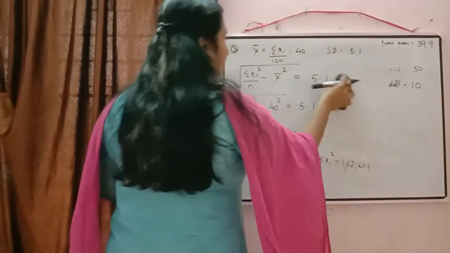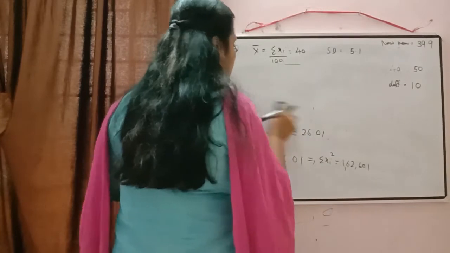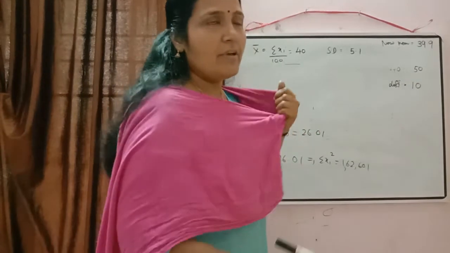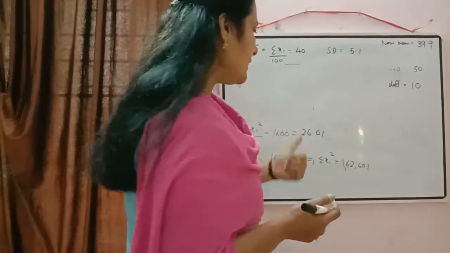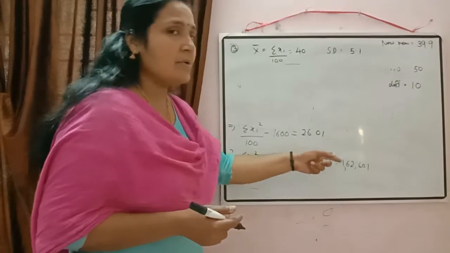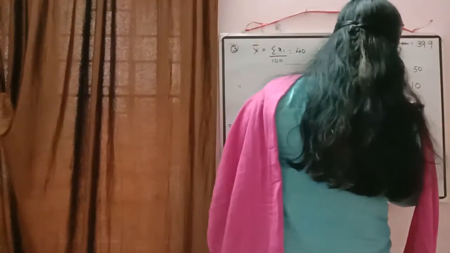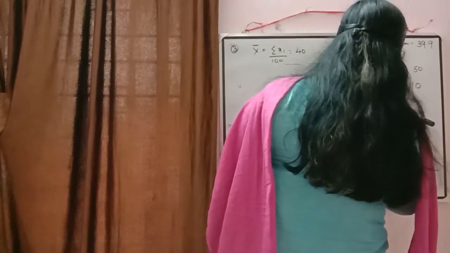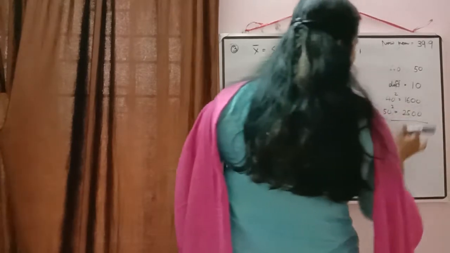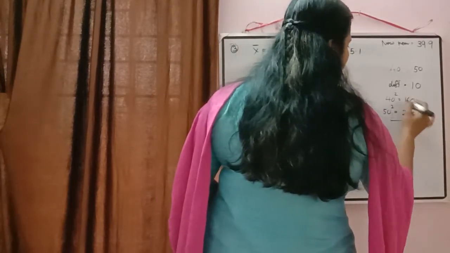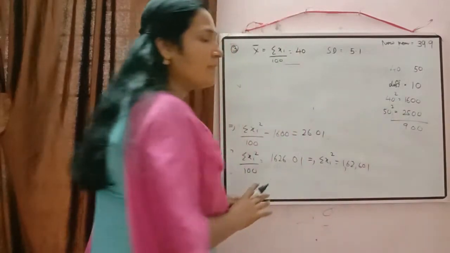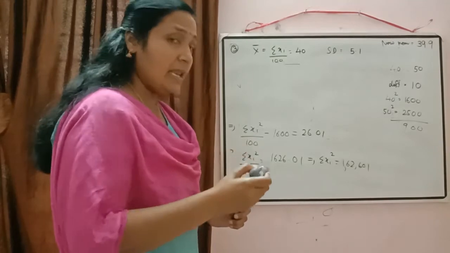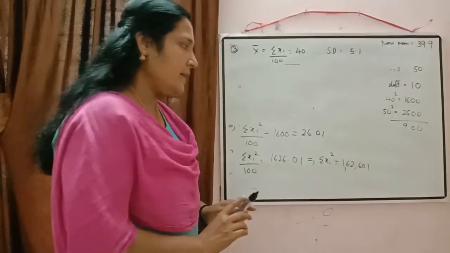Now what we have to do? Yes, we have to do the correction there. Now, what is the mistake we did there? Instead of 50, what we wrote there? We wrote there 40. So obviously here also, we are doing the square there. So just to check there, 40 square will be equal to 1600 and 50 square will be equal to 2500. How much difference is there? 2500 minus 1600, 900. Difference of 900 is there. So again that difference, what we will do? We'll add or we will subtract? Yes, we will subtract the difference there.